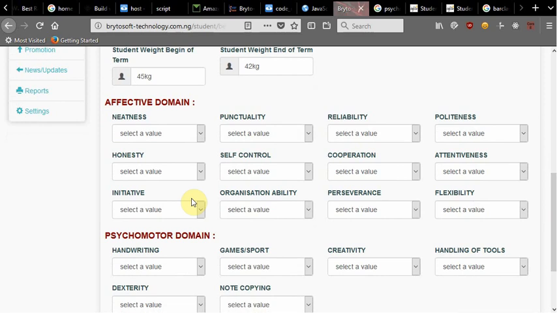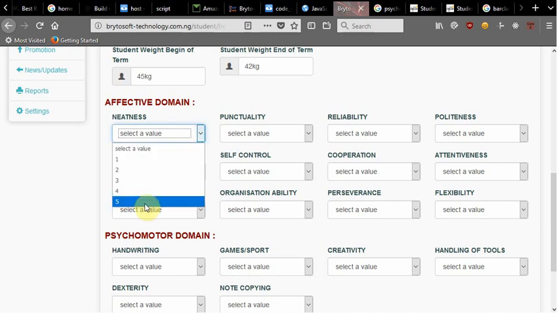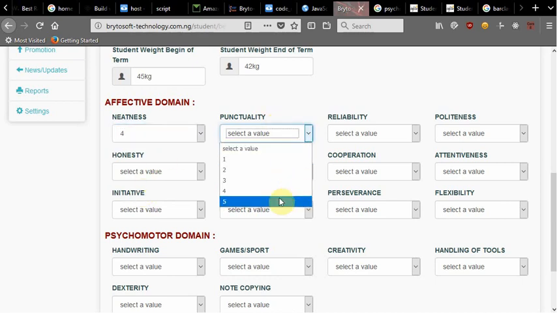So each of these inputs has a value. The higher the value, the neater or the higher the domain. So let's say for neatness now, if you click on the drop down, if the student is very neat, you should have a value of 5. If the student is poorly neat, you should have a value of what? Of 1. So let's say this has 4 for neatness, 5 for punctuality,